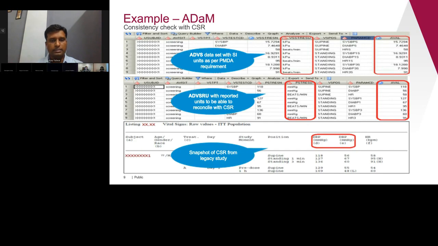This example is for the vital signs reporting. Since PMDA expects that all the vital signs be reported in the SI units, in the legacy data we had the vital signs parameters reported in the conventional units. For example, the systolic BP and diastolic BP, the units used were mmHg, whereas the SI unit for those parameters is kilopascal. So we created two analysis data sets, basically one for reconciling the legacy results, for which we created